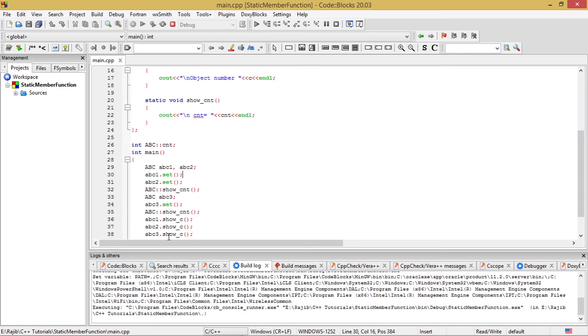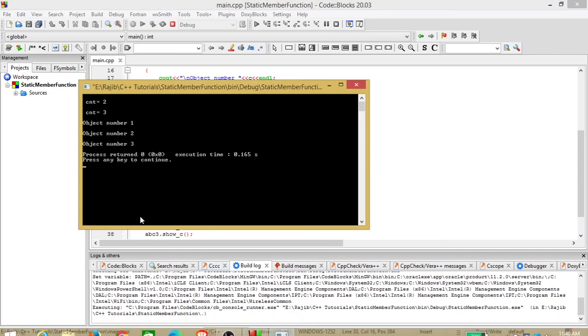And ABC3.show_C will definitely give an output of 3, because ABC3 sees the data member C under ABC3 to be 3. So we expected 1 out of this statement, 2 out of this statement, and 3 out of this statement. Let's see what we have found in the output. This is object number 1, object number 2, object number 3. So the desired output can be easily seen from the output in front of you.